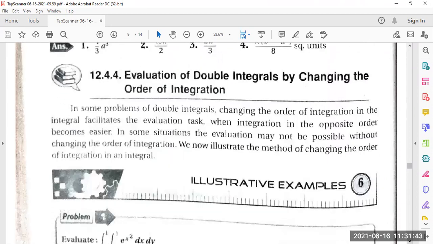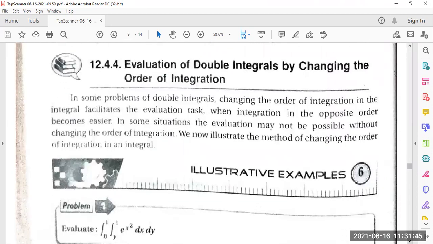Then evaluation of double integral by changing the order will be given to you next class. This is very important: changing the variable and changing the order. Both cases are very required. It will start in the next class, because today time is very less, just 1 minute is there. So as a whole, we can perform the double integral.